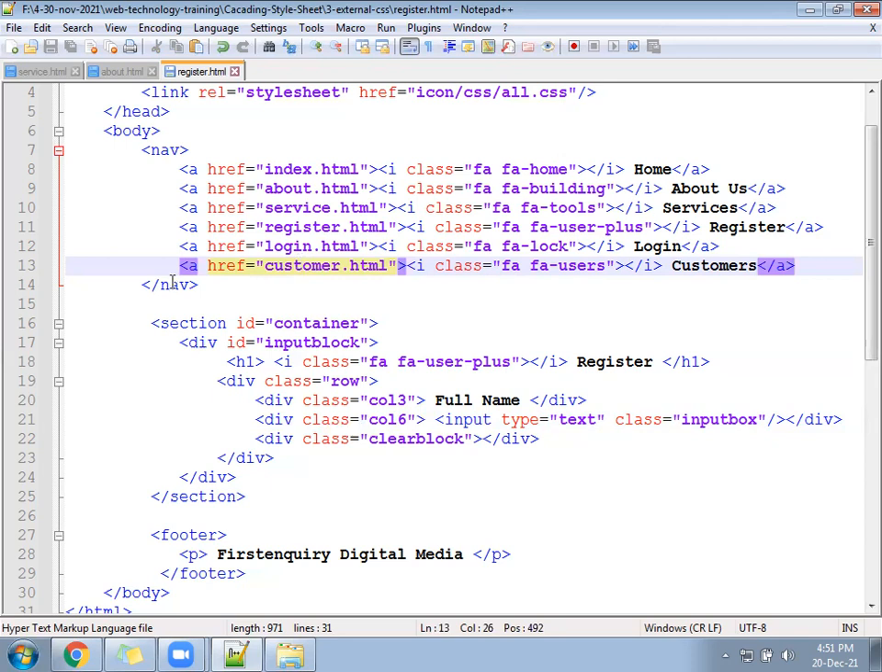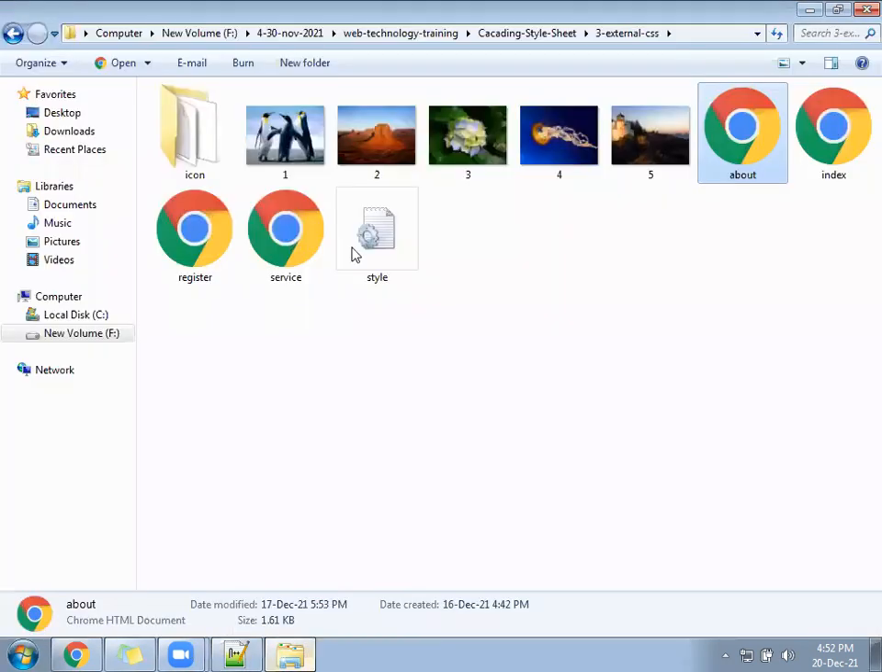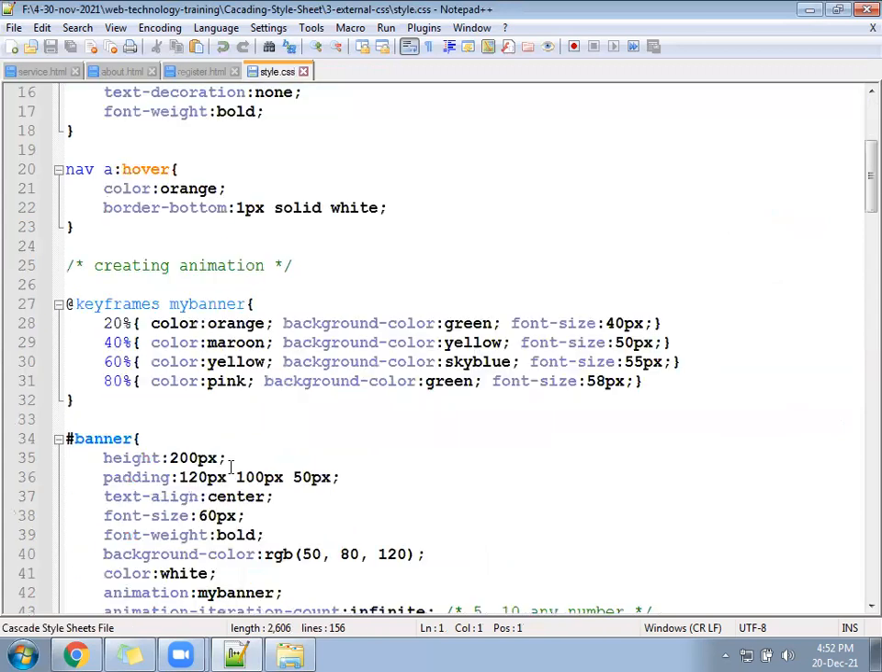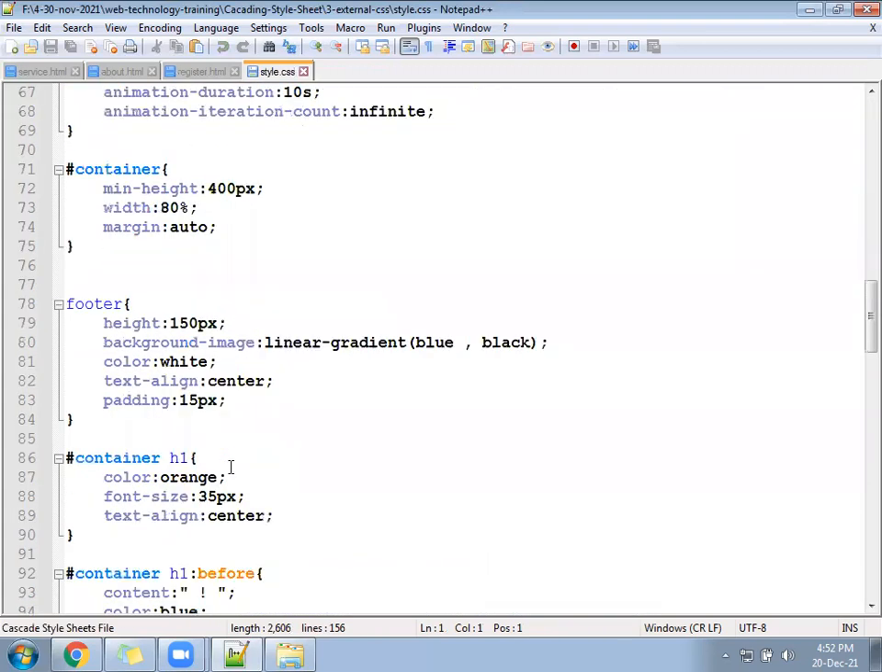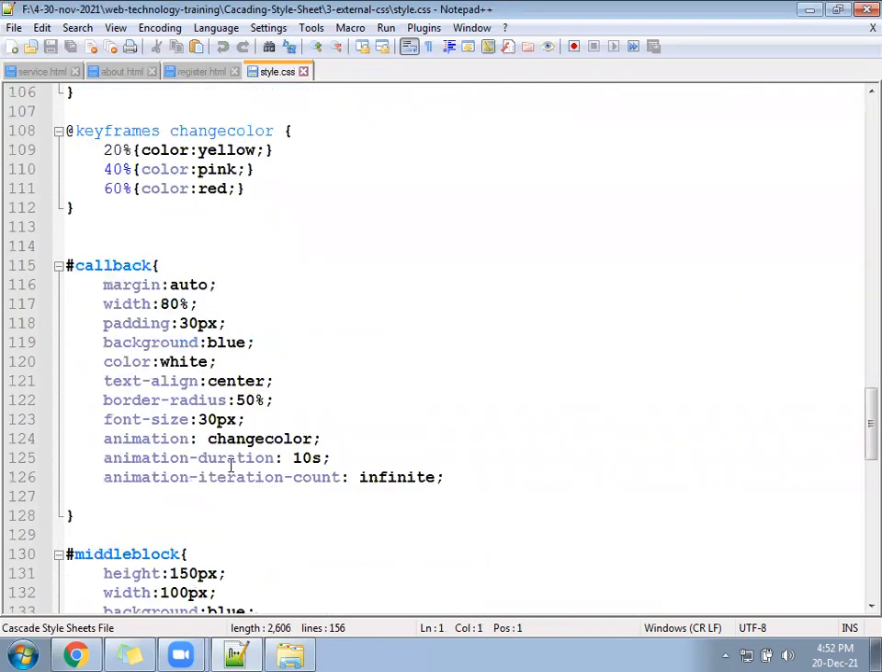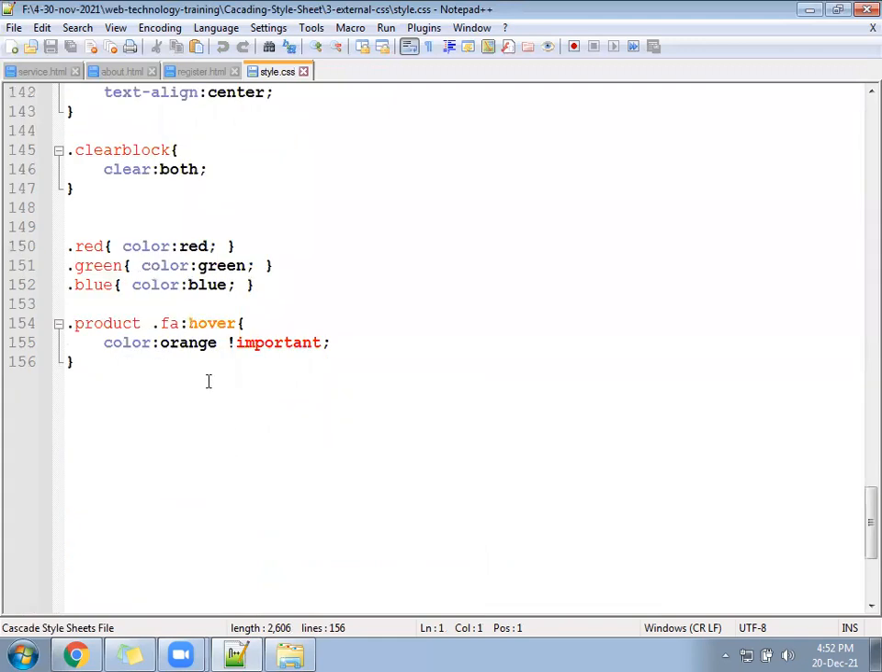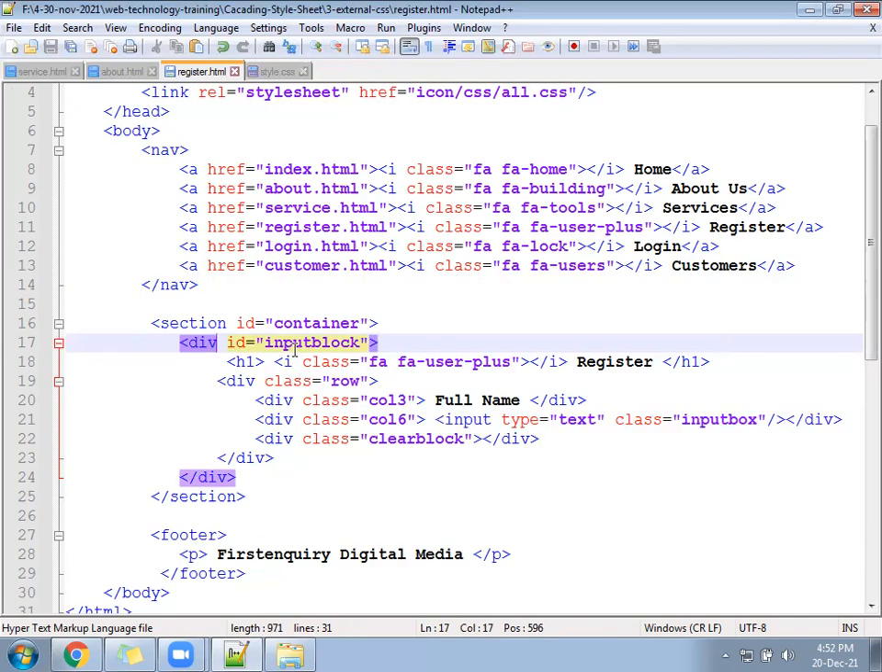So what we can do? We should move next to the CSS part. CSS file we can go. That is called style.css file. In the style.css file, they will come in the last, and we can write the CSS for this one. First for which one? Input block